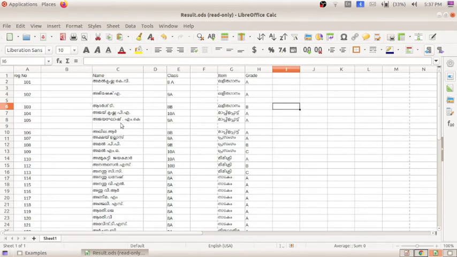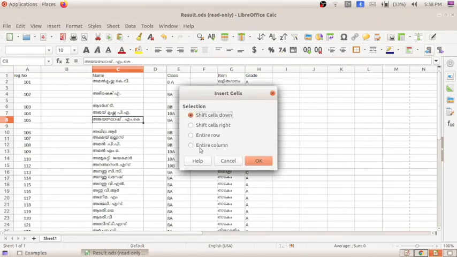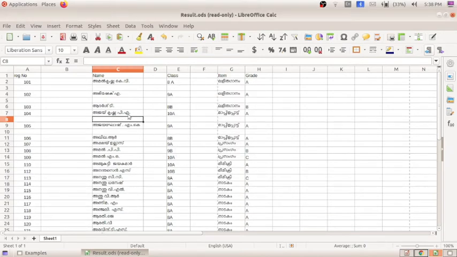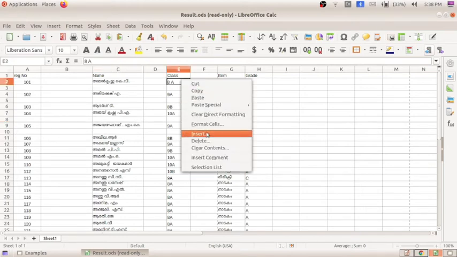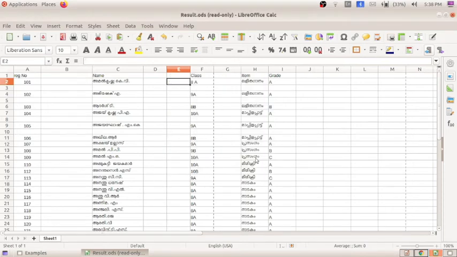And the third step of adding the rows and columns is: activate the cell, right click here, you can see an option Insert, click over here. It will ask for entire row or entire column. If I click entire row and click OK, you can see a row here. In the same way, right click over here, insert entire column, click OK, you can see an entire column over here. But the basic problem is, when we right click here, some features will be missing.